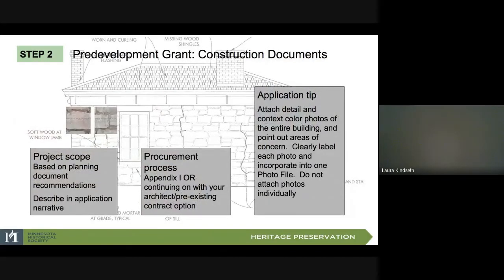So once you have a clear idea of the work to be included in your construction project, it's time to move on to the construction documents phase and applying for that grant. So describing a well-planned scope of your project makes a strong application. Typically, these grants will fall into the large grant category, which is very competitive, but this depends on the scope